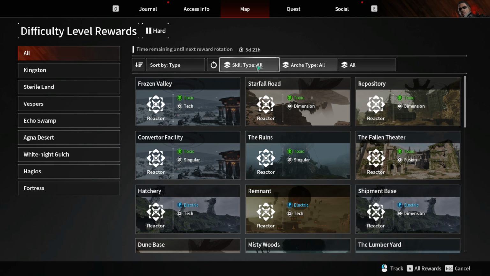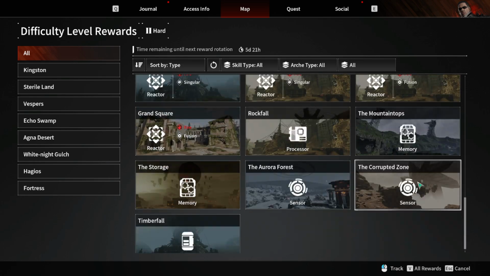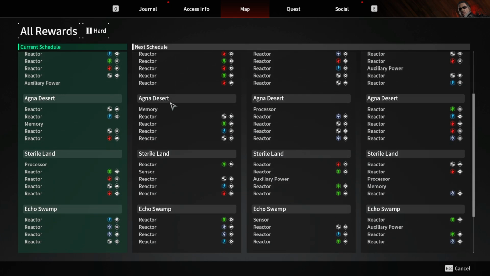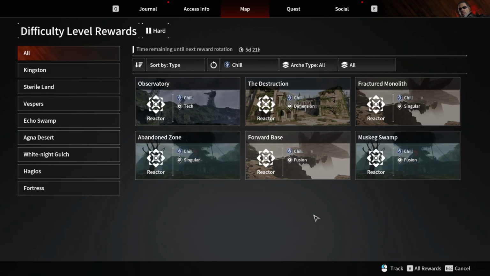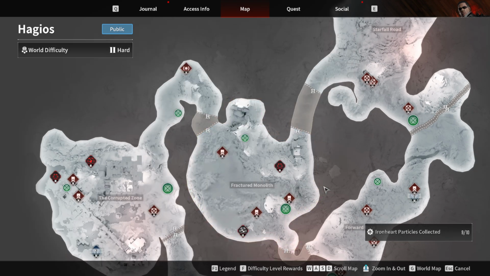Now, in hard difficulty, you can actually filter. Every area will have a type of either reactor or component that drops. There's something that says all rewards here. You can actually check out the schedule on a week-to-week basis, what will drop where, okay? Now, this particular week, for example, let's say I'm looking for a Haley reactor. I need a chill singular reactor for Haley, and it drops in either the fractured monolith, which means this particular region, so you can do any of the missions here and you'll get a Haley reactor, in addition to the natural drop that occurs on that map,